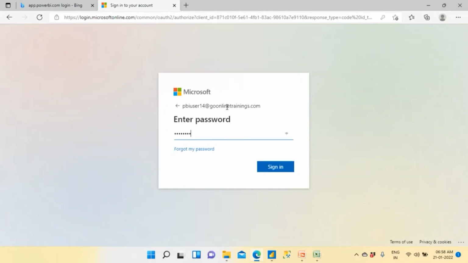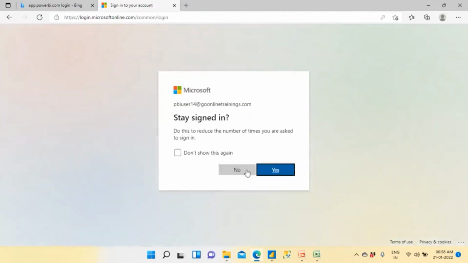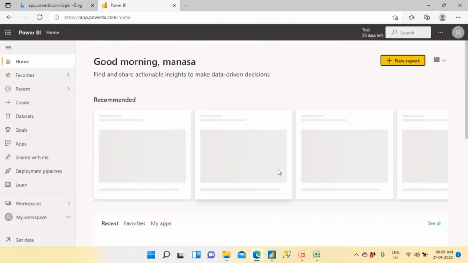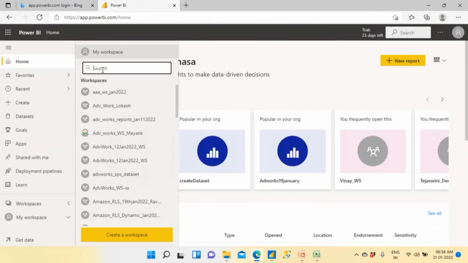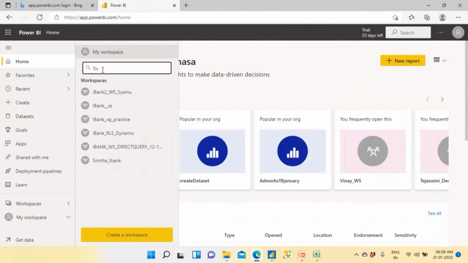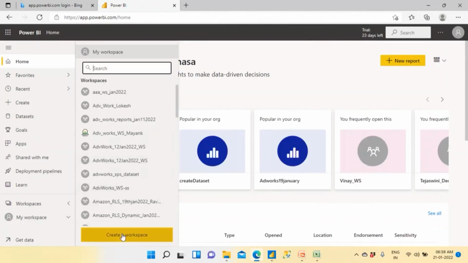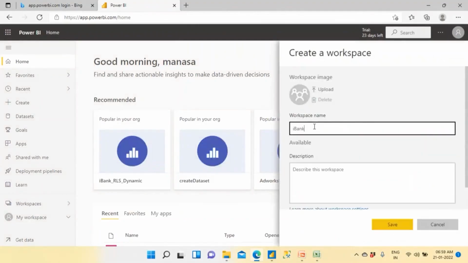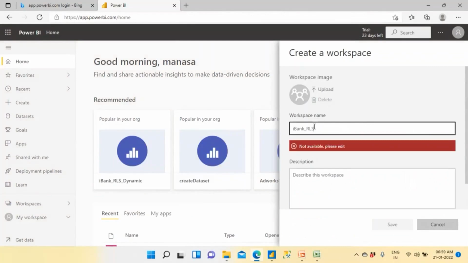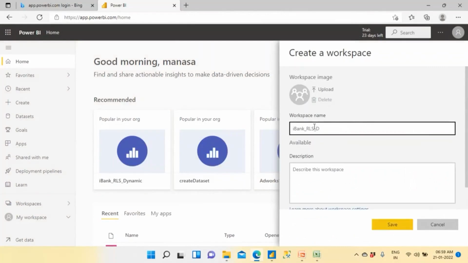So let us do it correctly. 14 is the user, and let us create some workspace, right? So bank workspace, create a workspace called iBank underscore row level security dynamic,